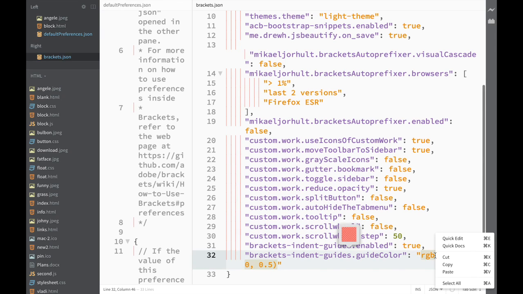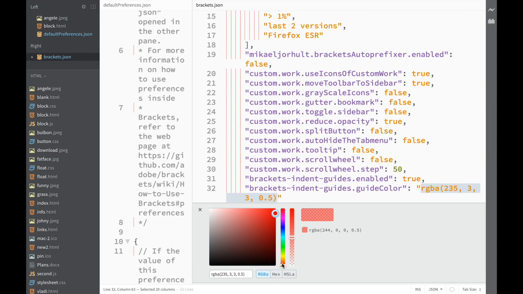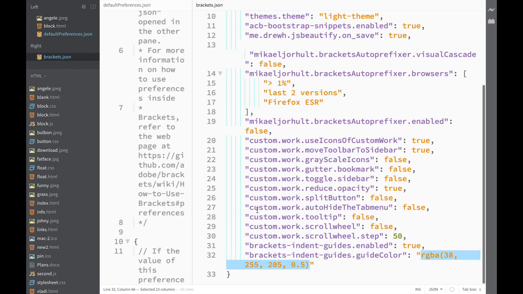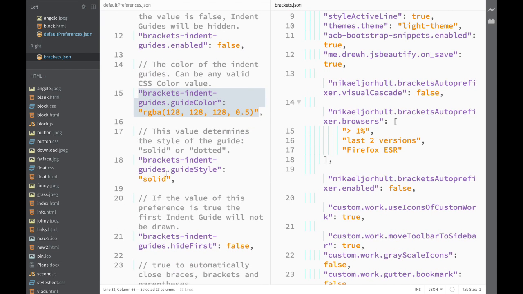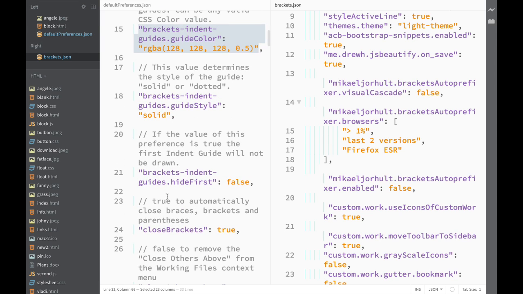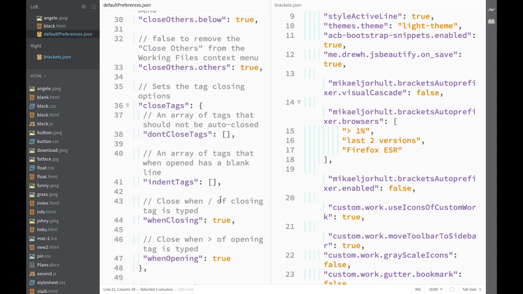And then over here, you can change the value right now with the quick edit in a bracket. So let's say I would want my color to be green. So I would do it like this. And then I would save. And then I can close this. And now you can see I have them green. And you can change multiple values on the INDENT-GUIDES. You can have, let's say, the style. You can have a different style. You can have the hide first. You see you have a Boolean value set to false, but you could actually make it true. And so these are the options that you can do not only with